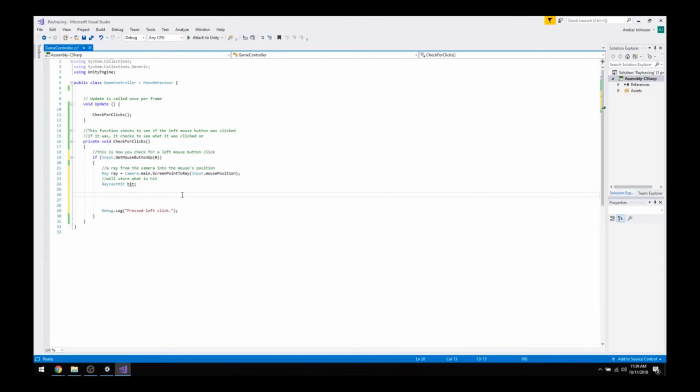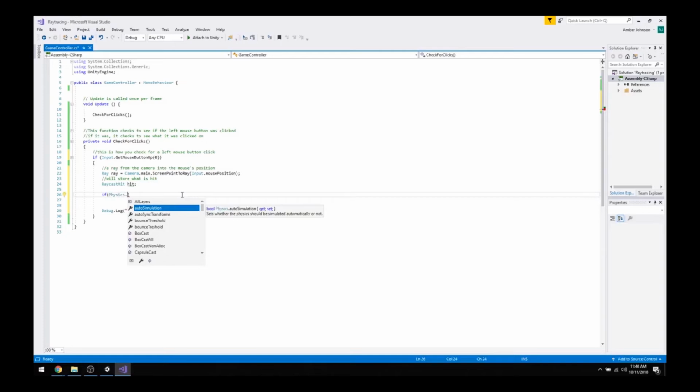So this is going to be an if statement, and I'm going to type out this code, and after I type it out, I'll explain what this all means. So just bear with me for a second. We're going to do it as an if statement because we want to make sure that we hit something. Because if we click off into space and we never hit anything, we don't really have to worry about what's inside of here. So if Physics